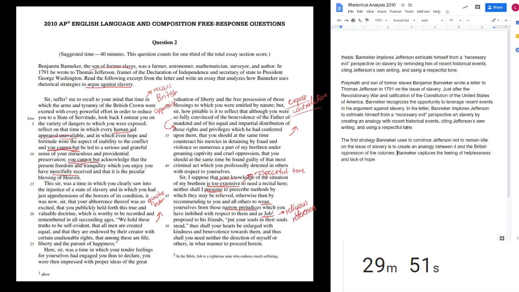So we want to say something like, okay, so we have, just looking at the time. I want to start getting into my evidence here, but I think this captures the feeling should go later. So